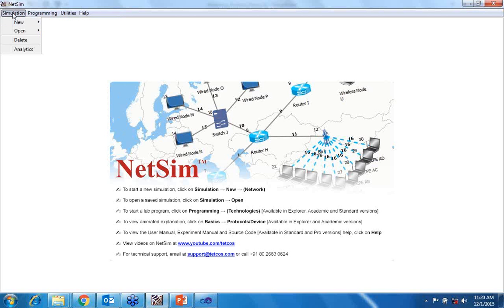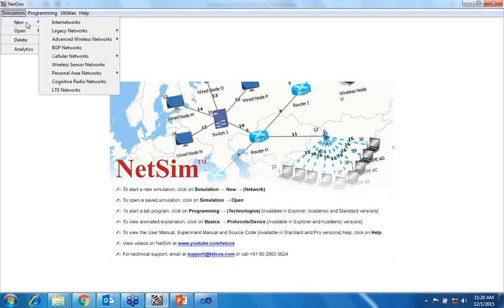In simulation, first you work through the GUI only. You can choose to start a simulation. Then in New, you can get internetworks and legacy networks. In legacy networks, you have pure ALOHA, slotted ALOHA, traditional Ethernet, and token ring. So all these are given in legacy networks. Then in advanced wireless networks, it has MANET and WiMAX. Then in BGP networks, you have cellular networks, GSM and CDMA. Then in wireless,